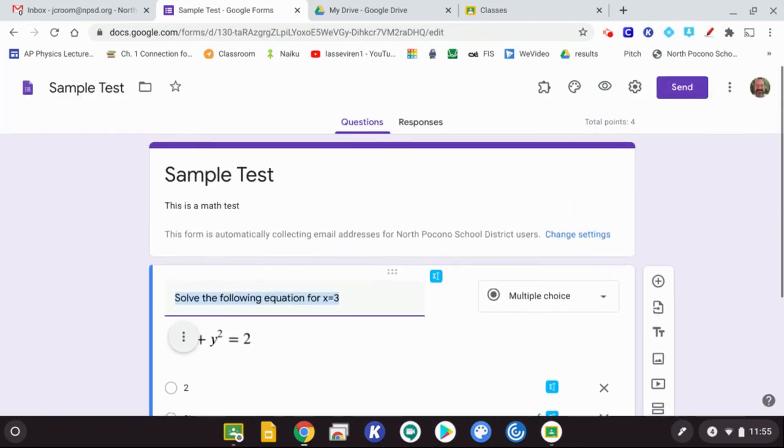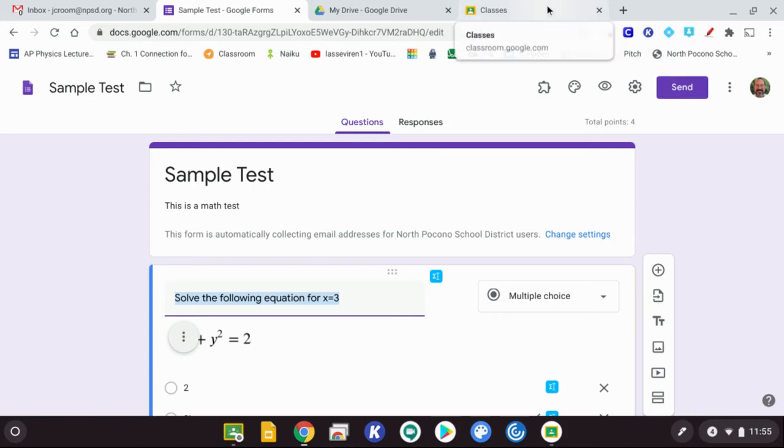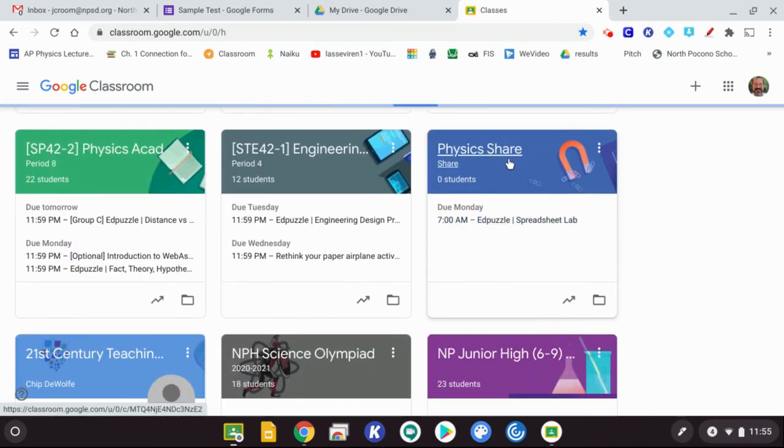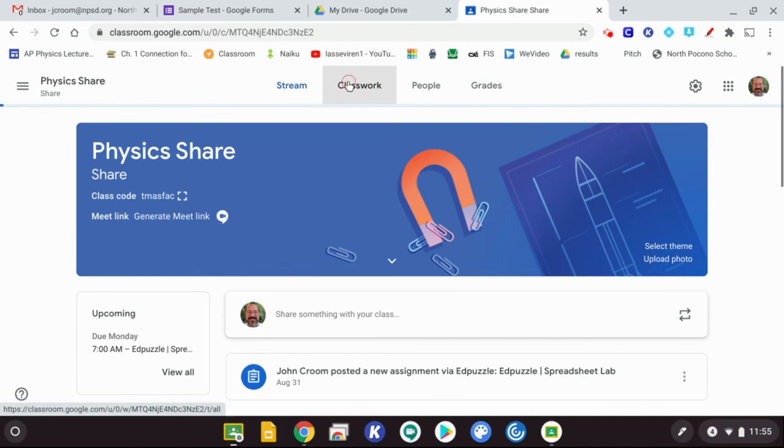We want to send it to the students. We have the option of sending it to the students and having it graded here in Google Forms, and then having to manually transfer these grades into the Google Classroom or eventually into Infinite Campus. But if you want to have the grades pushed through, what you can do is go into your Google Classroom. You can go to whichever class that you want to do this in, and under classwork,